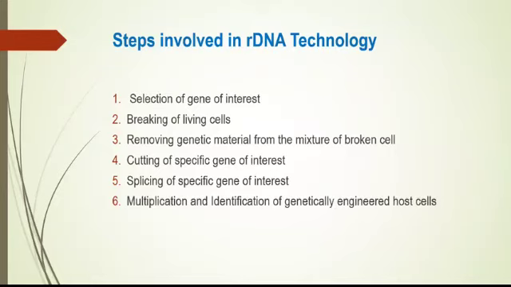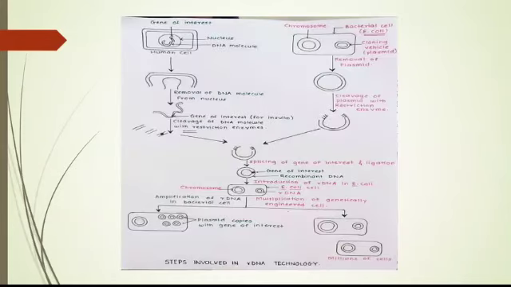By following the above steps, a DNA piece of interest having genetic information can be transferred from one cell into another cell with the help of a vector, generally a plasmid. This transformed DNA piece is never naturally present in the host cell. Thus, a new organism can be artificially created by the gene cloning process or rDNA technology, that is genetic engineering. The various steps that I have explained already will be very clear to you by this diagram. This diagram shows the steps involved in recombinant DNA technology.